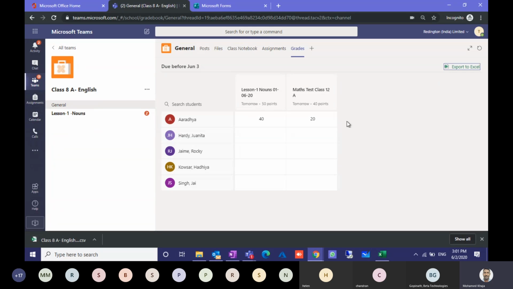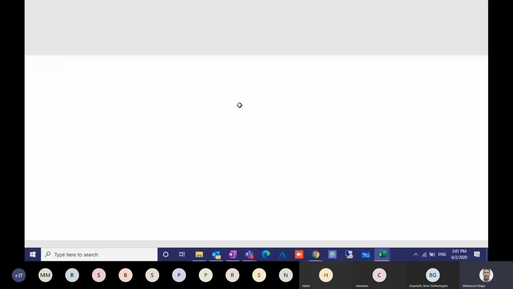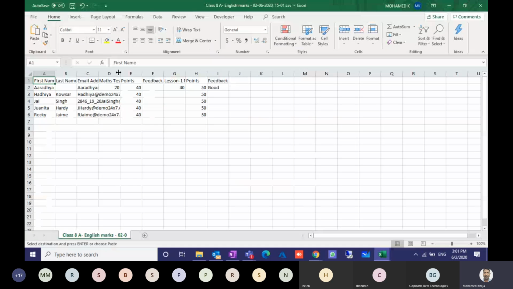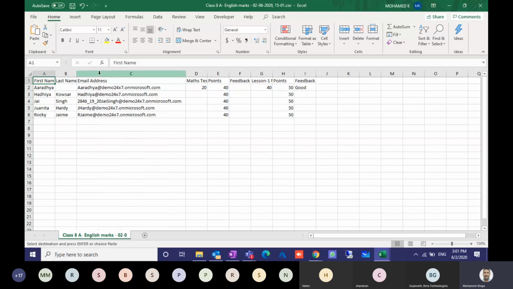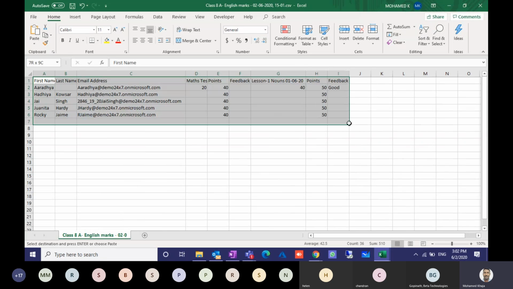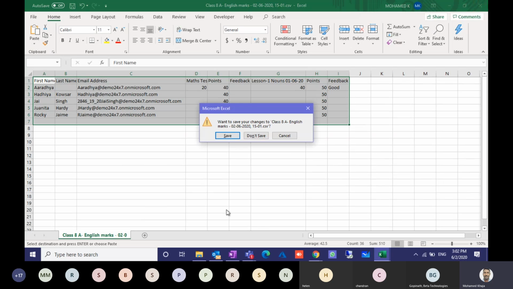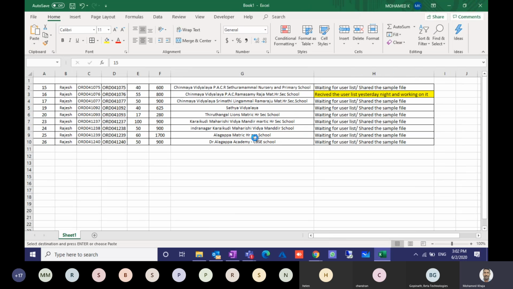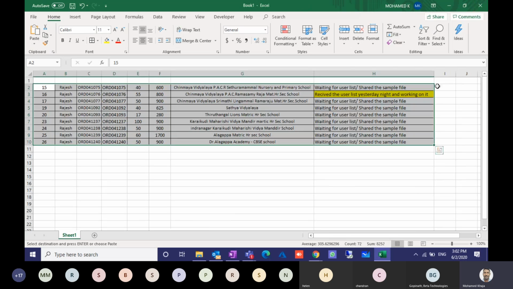You can assess how the student has performed in all these assignments and lessons, and keep track of this with this Excel sheet. Likewise, when all the students complete, all the marks will be displayed here. I think it's clear. We'll go to the next topic.